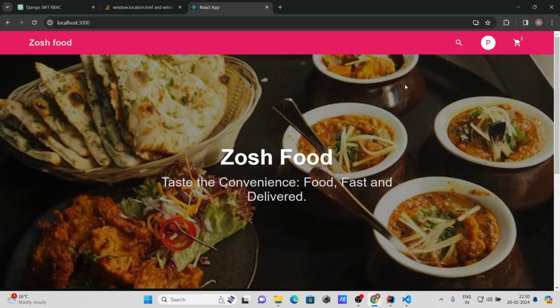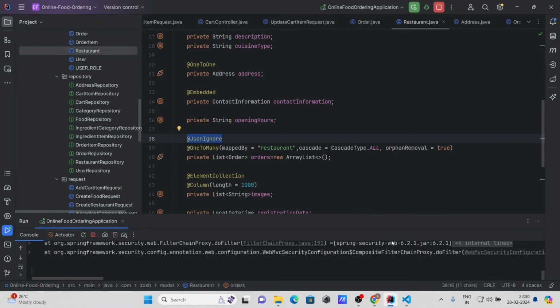First, guys, we'll write the backend code, and then we'll write the code for the front end. That means we'll connect that backend code with the front end as well. All right, so now let's go to our IntelliJ IDEA,